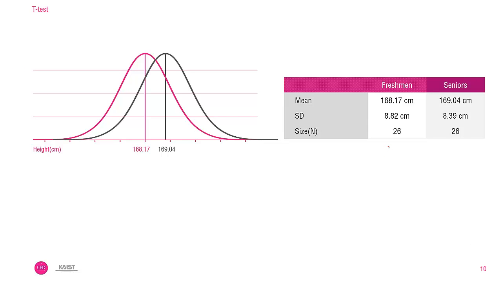When we draw the two distributions, it might appear in this way. The mean, standard deviation, and size of samples are displayed